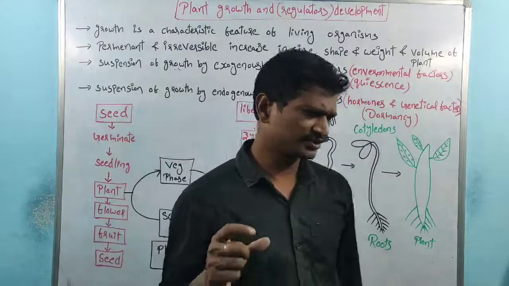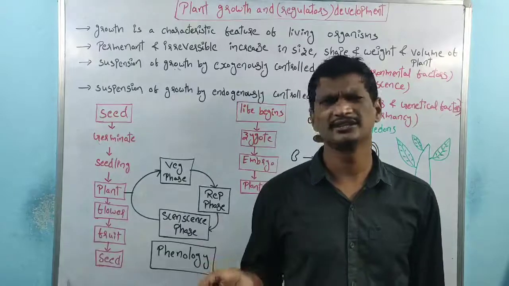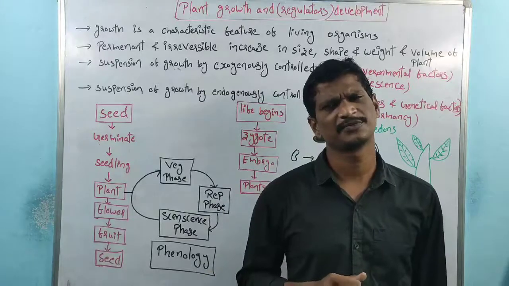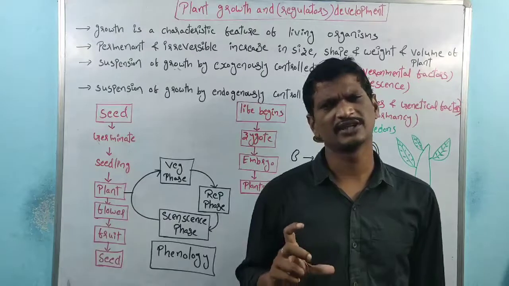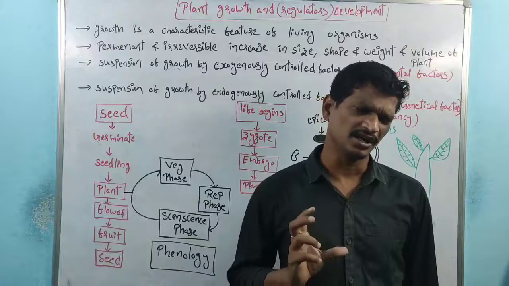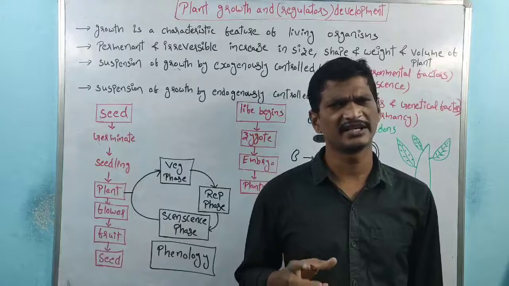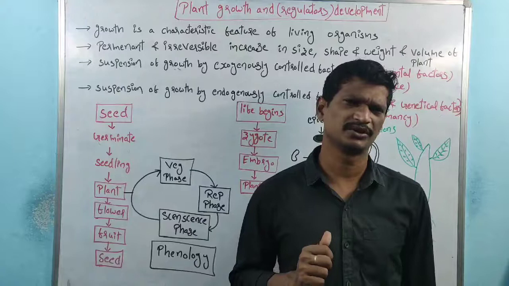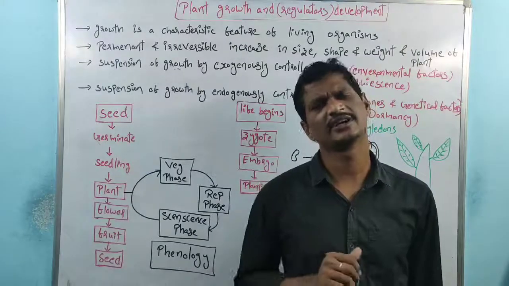The basic concept is that every living organism's life starts with a single cell, especially in multicellular organisms. The single cell is the zygote. The zygote undergoes cell division, the mitosis process, right? Those mitotic divisions increase the mass. Again, the cells undergo cell division, organs are produced, so growth is continuously exhibited by living organisms.